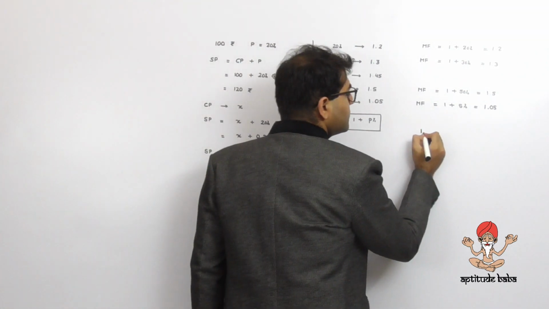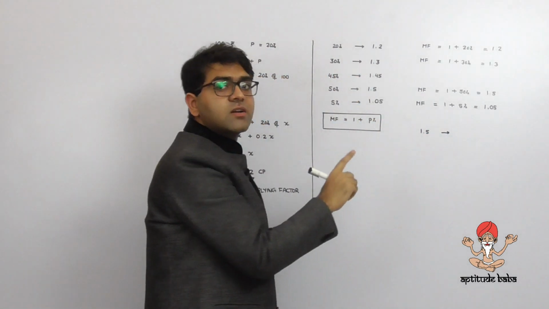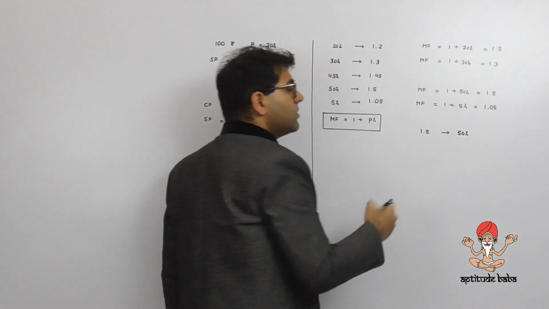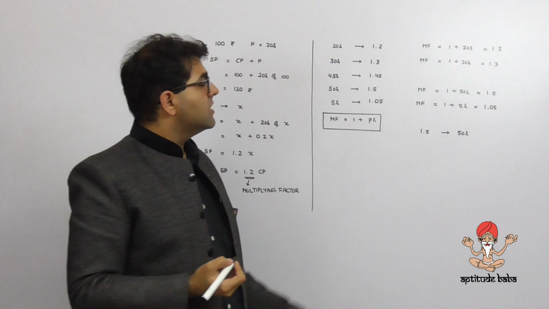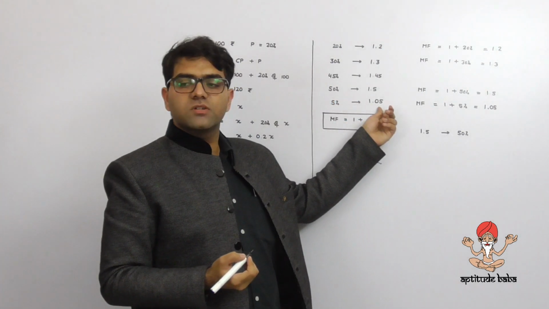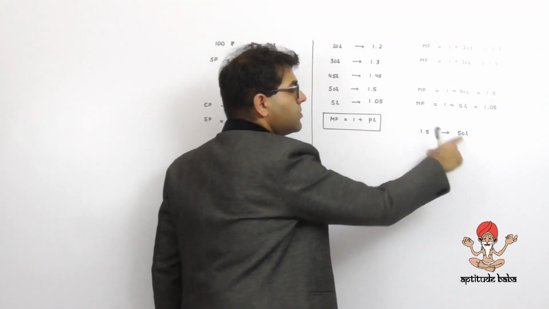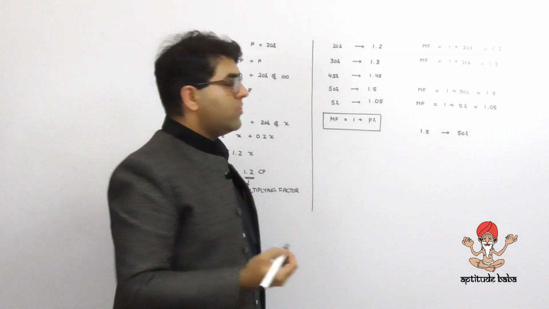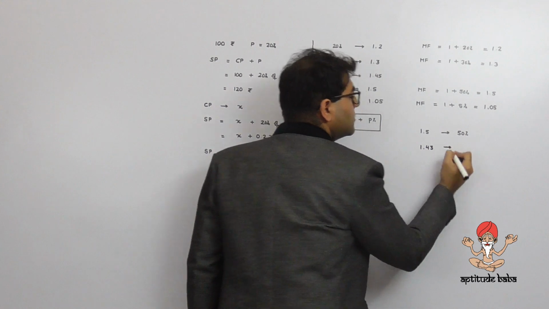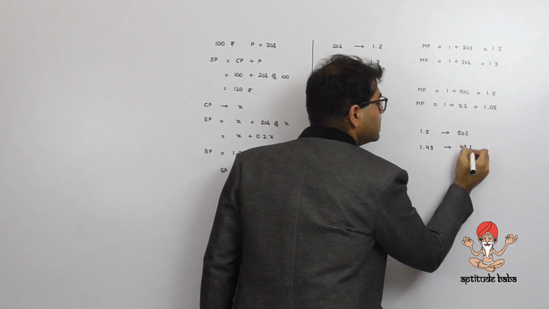अगर मेरे पास मल्टीप्लाइंग फैक्टर 1.5 है तो इसको देखकर मैं कह सकता हूं कि 1.5 मल्टीप्लाइंग फैक्टर कहां से आया, जब प्रॉफिट 50% था। So what I am trying to help you understand here is that अगर आपके पास प्रॉफिट परसेंटेज दिया हुआ है तो उसको आप मल्टीप्लाइंग फैक्टर में कन्वर्ट कर सकते हैं, और अगर आपके पास मल्टीप्लाइंग फैक्टर दे रखा है तो उसको देखकर आप प्रॉफिट परसेंटेज निकाल सकते हैं। For example, अगर मेरे पास यहाँ पे मल्टीप्लाइंग फैक्टर 1.43 था तो इसको देखकर मैं सीधा कह सकता हूं कि मेरा जो प्रॉफिट परसेंटेज है वो 43% है।